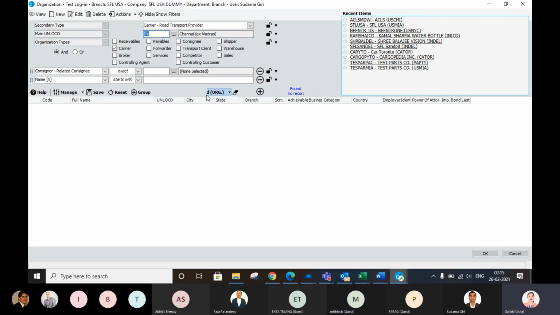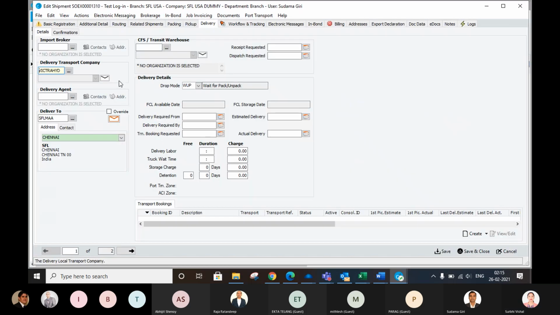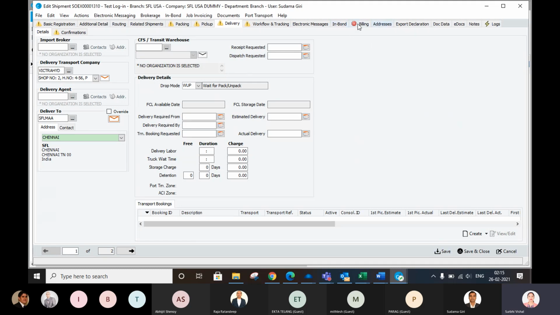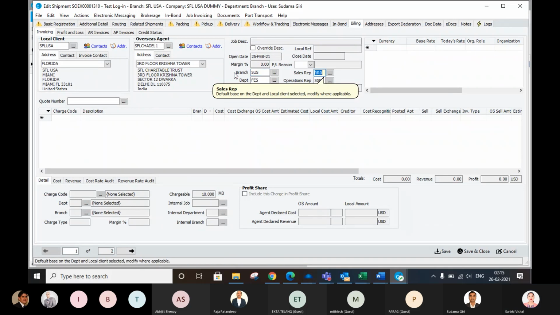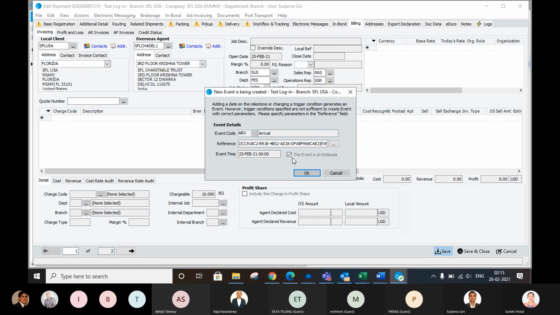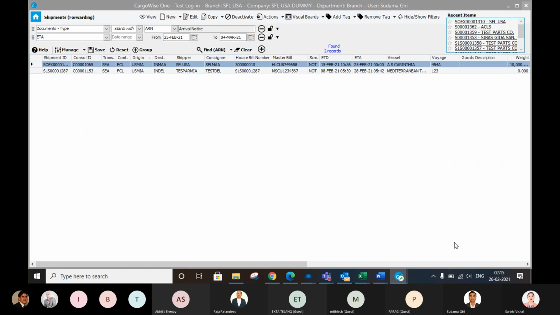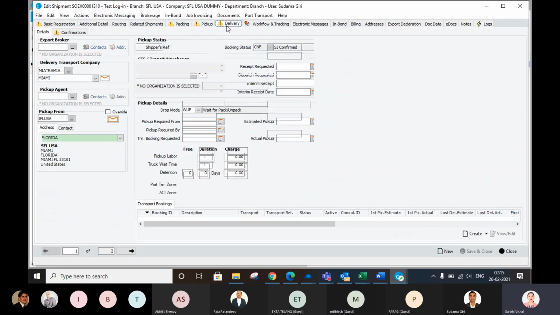Yeah, you remove that. There is some error in the billing, I don't know. Okay, now go to the documents.